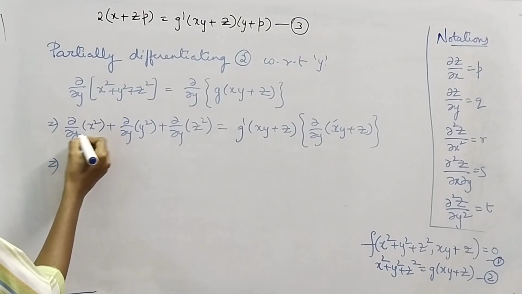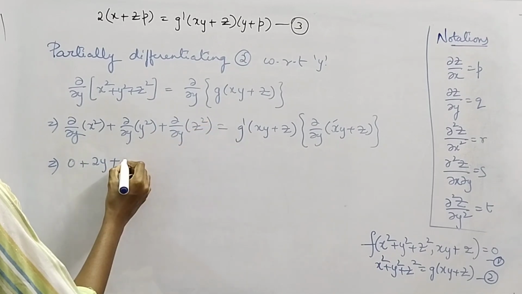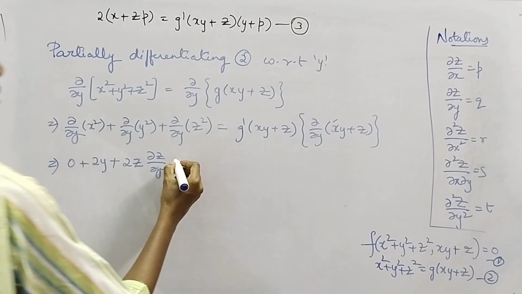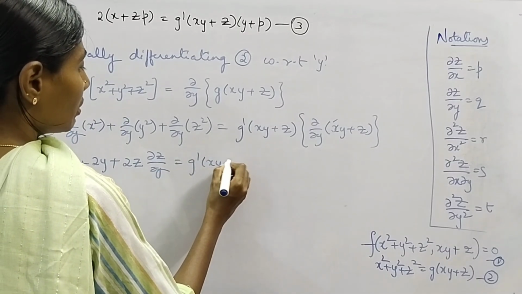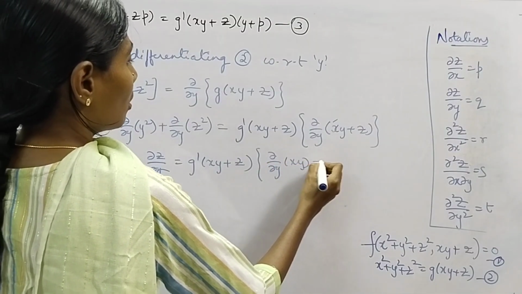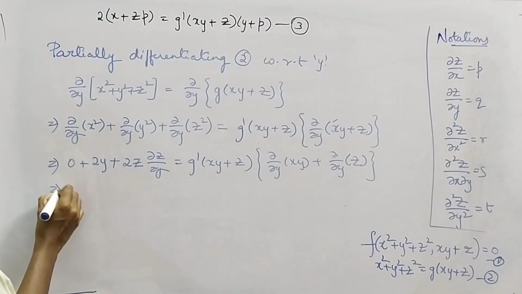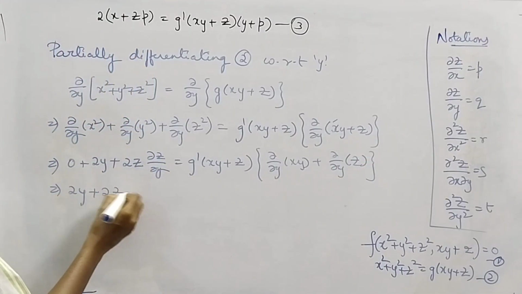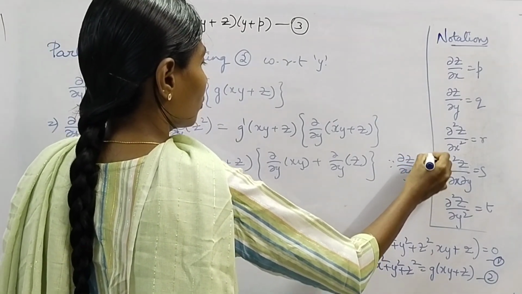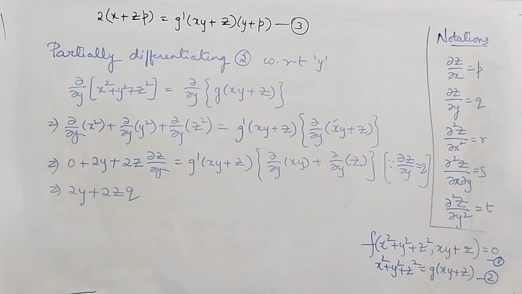This gives us partial derivative of a constant with respect to y is 0, plus partial derivative of y squared with respect to y is 2y, plus partial derivative of z squared with respect to y is 2z into dou z by dou y, equal to g dash of xy plus z into partial derivative of first term plus partial derivative of second term, right? This gives us 2y plus 2z into, since we have a notation, dou z by dou y equal to q, right? Now we'll just replace it by q, you'll get 2zq